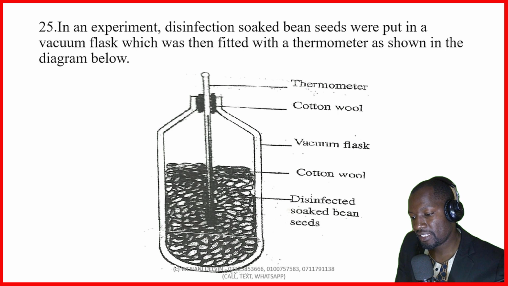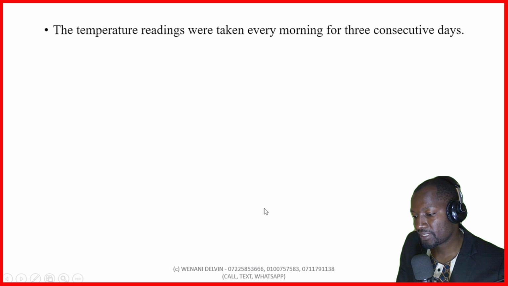Question number 25. In an experiment, disinfected soaked bean seeds were put in a vacuum flask, which was then fitted with a thermometer as shown in the diagram below. So we have the thermometer, the cotton wool, the vacuum flask, cotton wool, and then disinfected soaked bean seeds. First question,